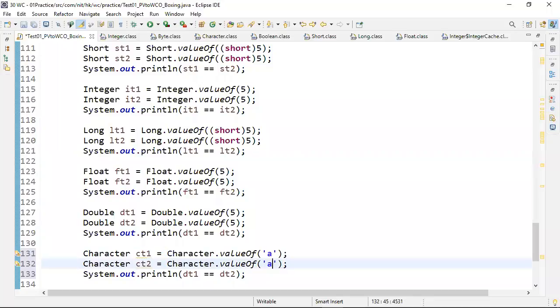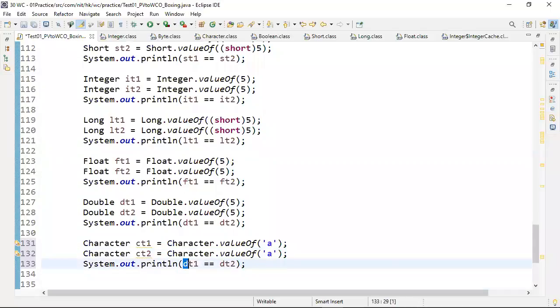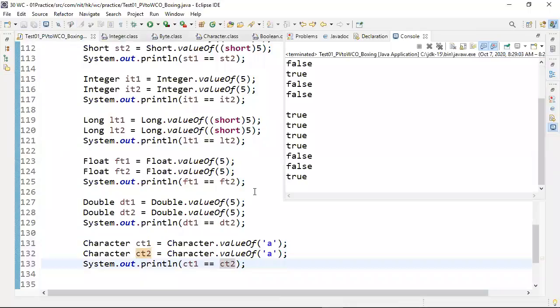Yes. It's 97, right? So pooling is applied. Control F11, you'll get true. Look at that, true you are getting.